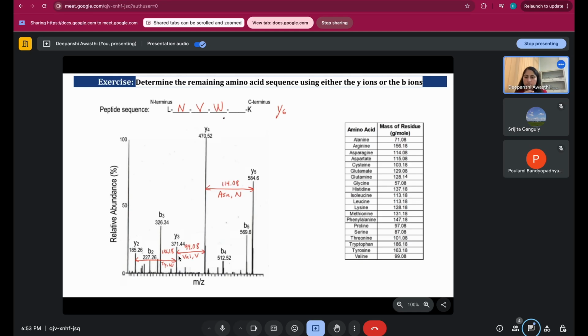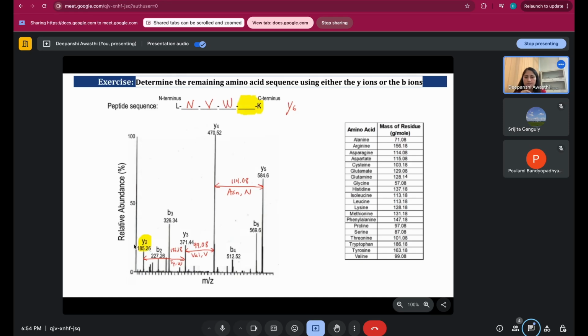Similarly, now we will subtract Y2 with... so we don't have Y1, so we won't be able to separate that. Now let's see what we can do. Yeah, so now till Y2 we have 185.26. So Y2 is